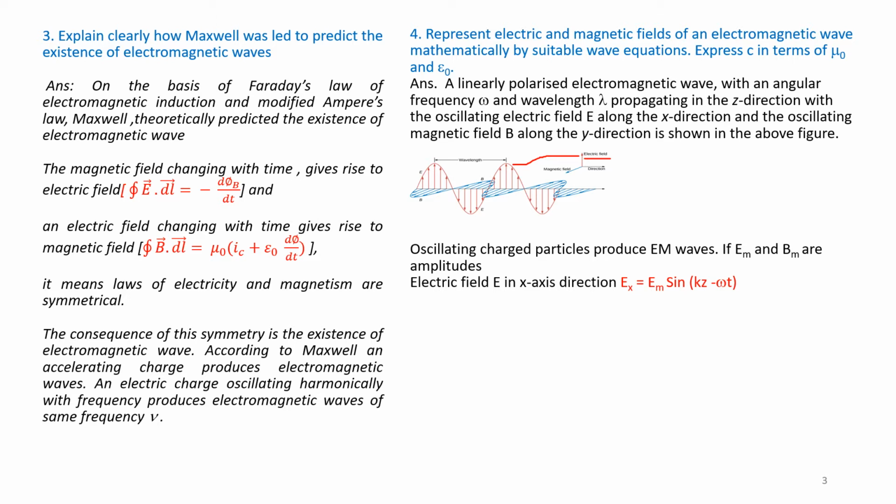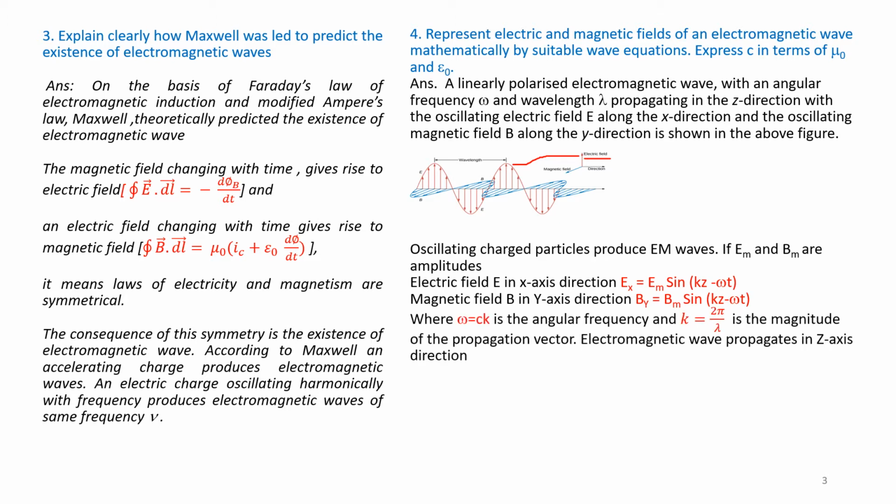This is an oscillating electric field. Similarly, there is an oscillating magnetic field B in the y-axis direction, which is given by By is equal to Bm into sine of kz minus omega t,